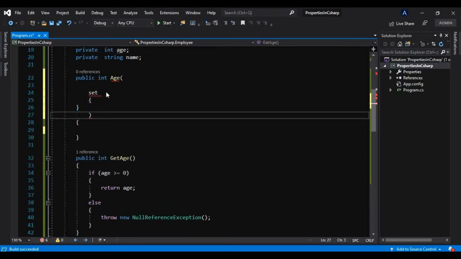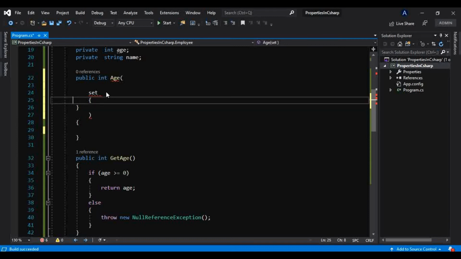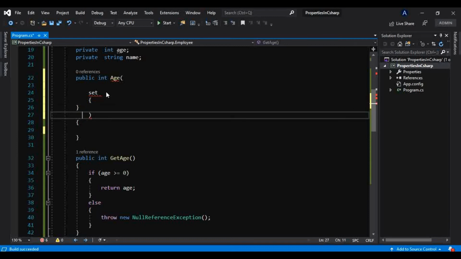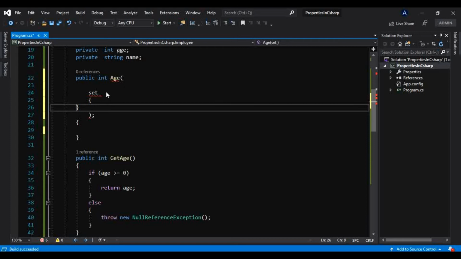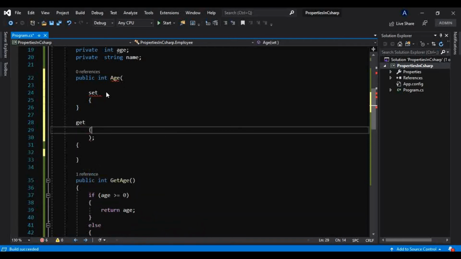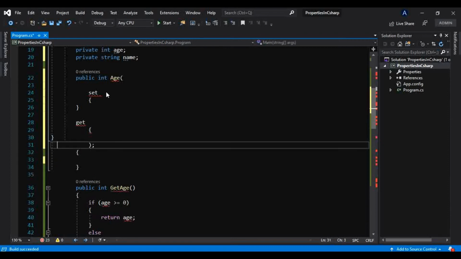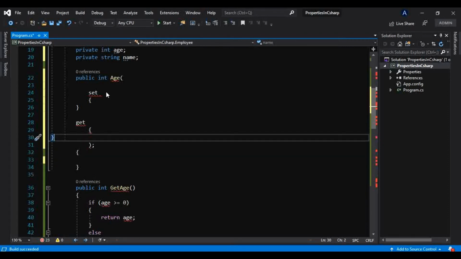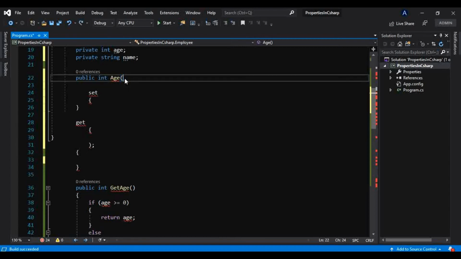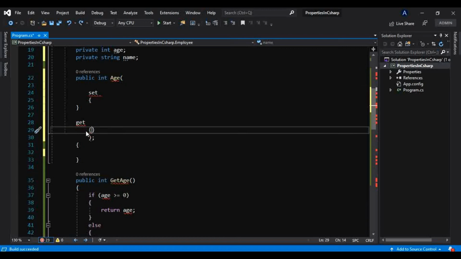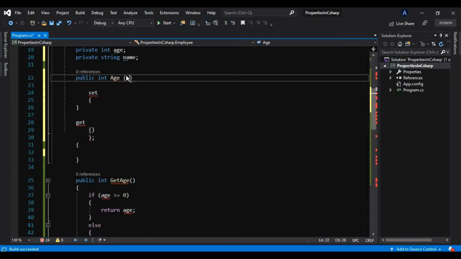Like this. And one get accessor like this. That should be a curly brace, okay, like this.